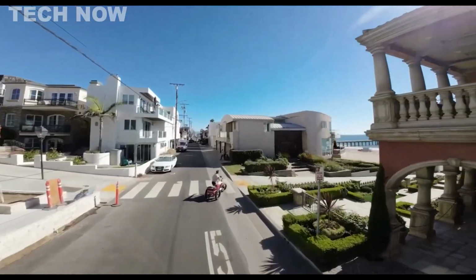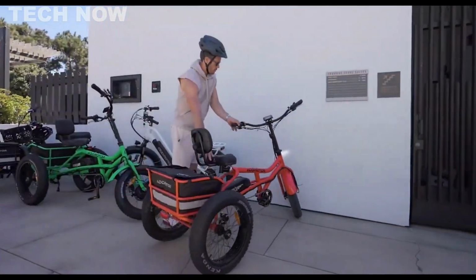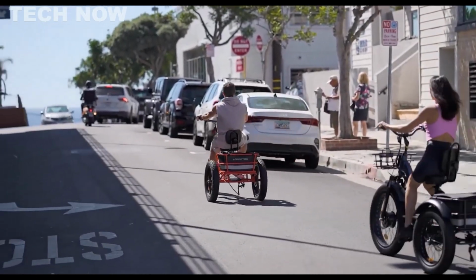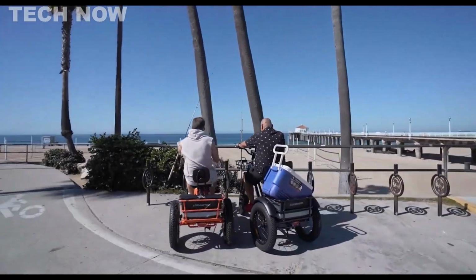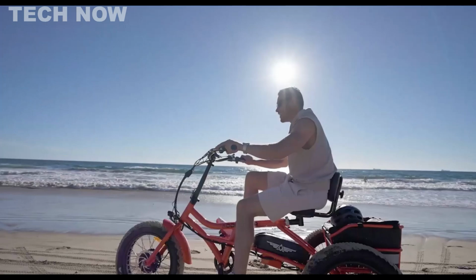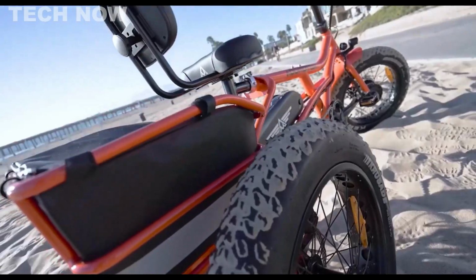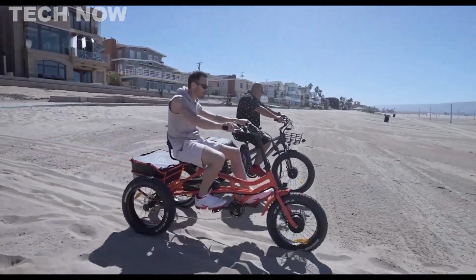Safety is a top priority with the M360, thanks to its Tektro mechanical disc brakes with a 180mm rotor in the front and 160mm rotors in both rear wheels. This configuration offers balanced and efficient braking, preventing any pulling to the side during abrupt stops. An exclusive addition to Addmotor's Motan series, the M360 embodies the ultimate comfort for city and beach cruising. Its blend of power, range, and versatility make it a standout option for electric trike enthusiasts seeking both performance and